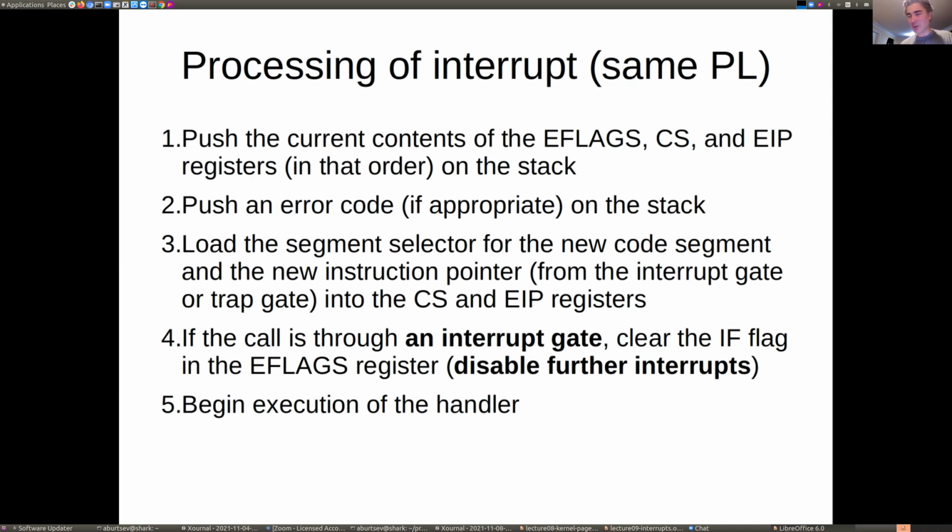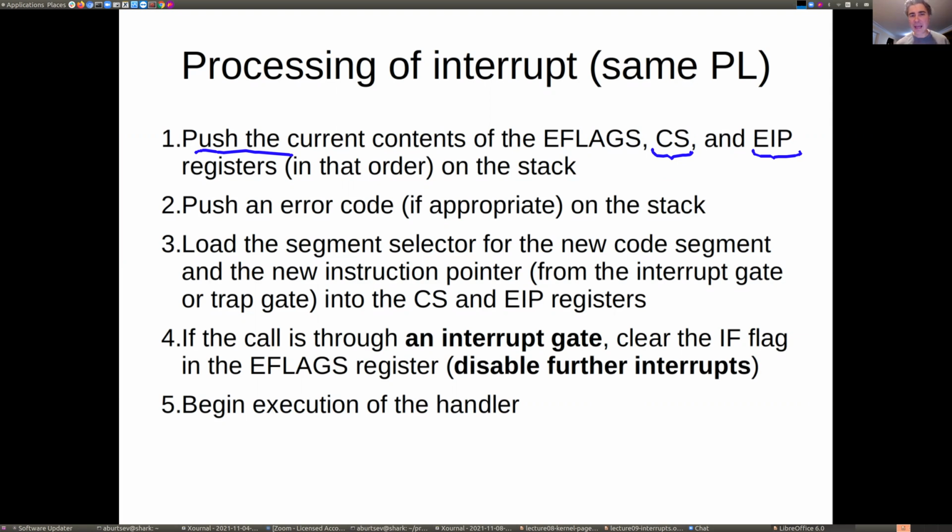So I talked about it, but it was a little bit informal, right? So now more formal. What the hardware will do is push the following three things on the stack, right? It will not only push the instruction pointer, but also the code segment, because maybe even without changing the privilege level, you're changing the code segment. That never happens in practice today. Today, the code segment will always stay the same, so don't worry about it, but the hardware still pushes it,